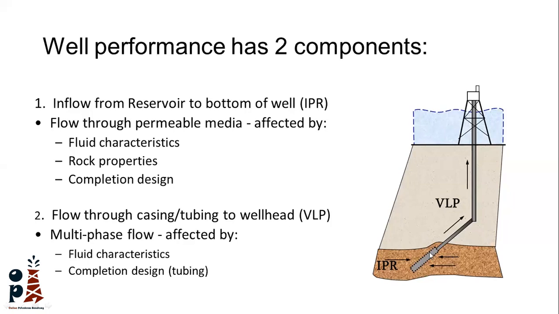And I don't know if most of you are familiar with the term skin or not, but skin is mostly related to the completion design at the interface with the sand face. Whether you are using an open hole completion or slotted liner or cemented and cased hole, and what is the deviation of the well compared to the reservoir and stuff like this, and this affects the skin and the pressure